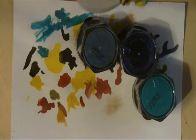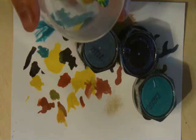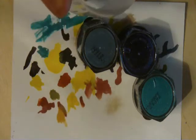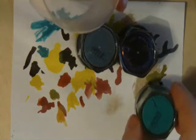Welcome back. Today I'm going to continue on with what I've done. As you can see in my last video, I talked about painting this feather. I had the yellow painted and I went into the turquoise color, which I have right here. And then I also talked about